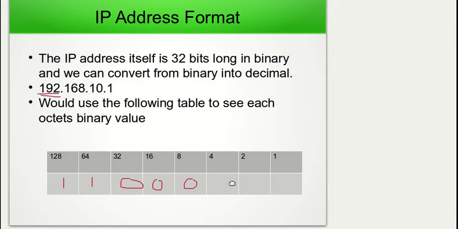So 1 means yes, I need them, add them together. 0 means no, I don't need them, don't add them together. So in this case, 128 plus 64 equals 192. So 192 in binary is